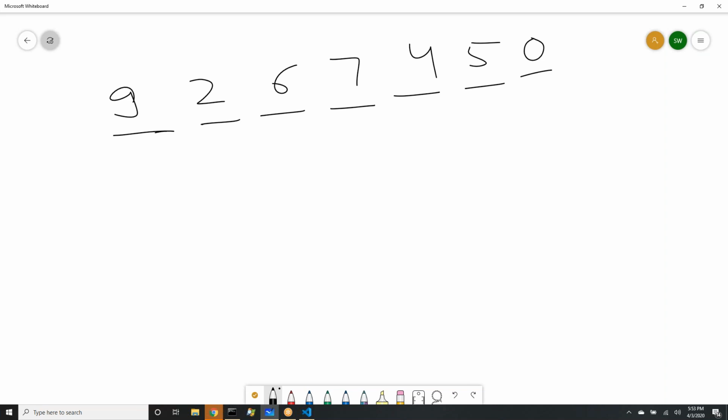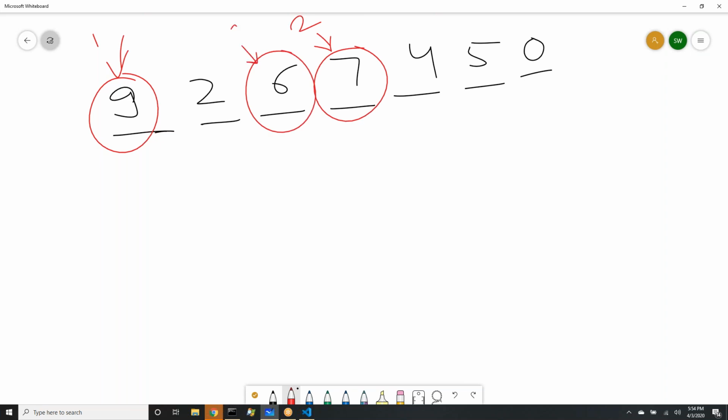Can you tell me what is the first highest element in this array? It is 9. So this is the first highest element. What is the second highest element? It is 7. This is the second ranker. What is the third highest? Third highest is 6. Okay.